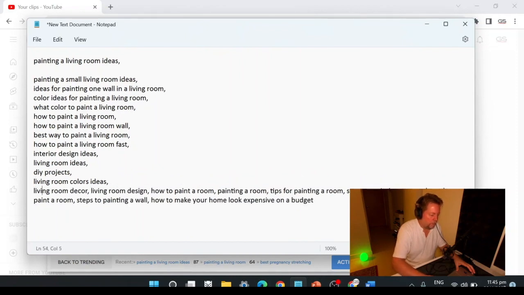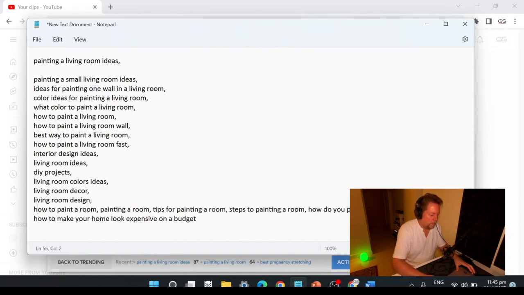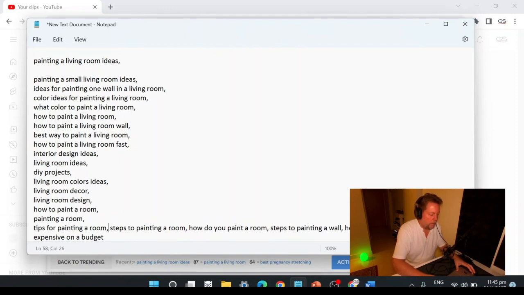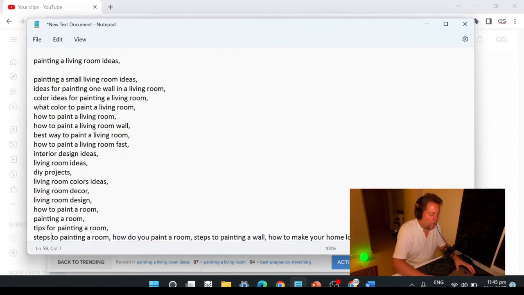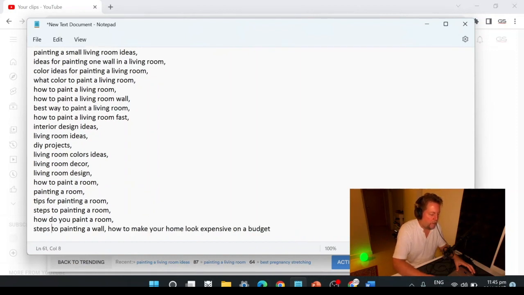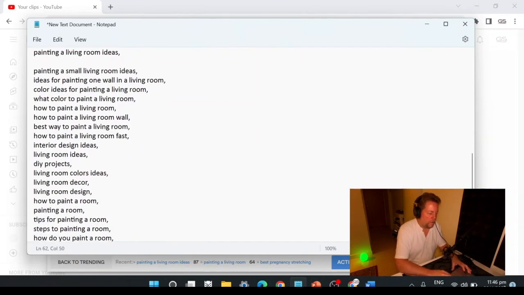Let's see. Okay, we're almost there. Painting a room. So these are all related, and some are more specific and some are more general, but it's good for the overall SEO because you're giving the algorithm information that it uses in lots of different ways, and honestly nobody really knows exactly how it's used and how the algorithm works and how often they change it. Okay, so there's our list.